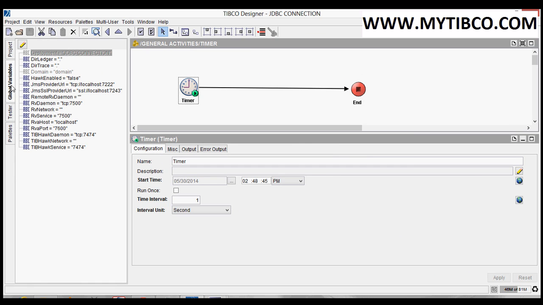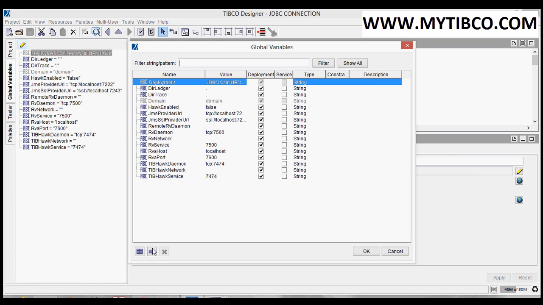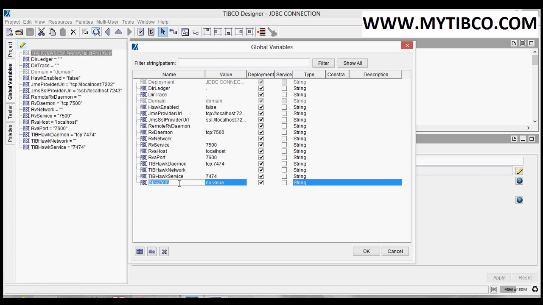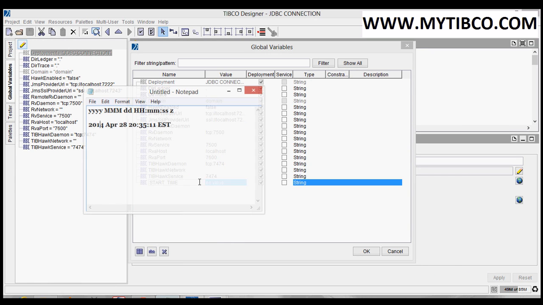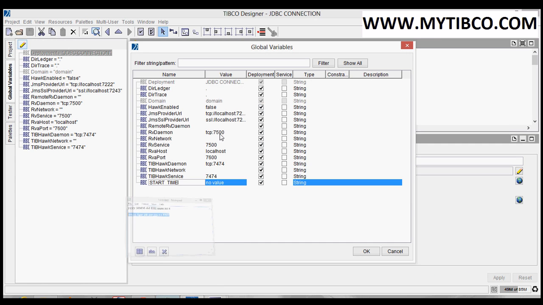We can define a global variable here. We can create a variable, set start time, and the value format should be this format. For example, I'm giving this date, copy, and giving the value here. Click on OK.